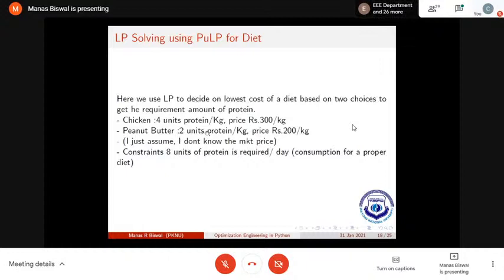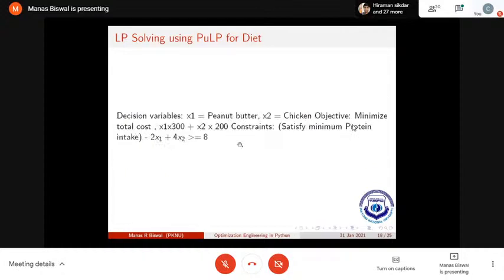Now he has to choose by linear programming at what price and what should be the choice of getting peanut butter, chicken, or a combination of both. Let's solve this problem. Here we define the decision variables. There are two decision variables: x1, peanut butter, and x2, the chicken. And what is our objective? The objective is to minimize the total cost,